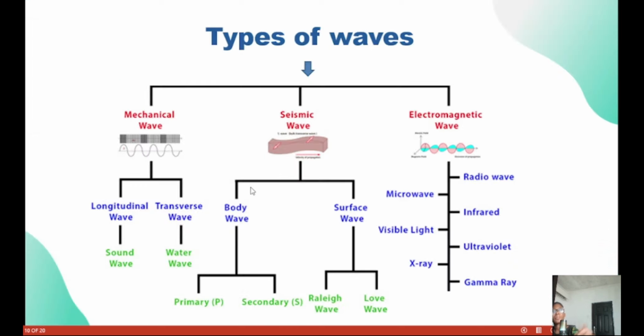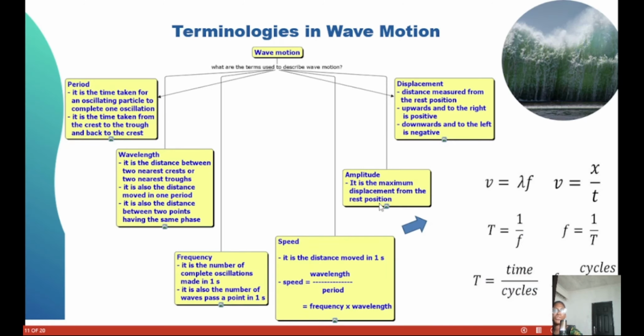So we have already talked about the different types of waves. We have the mechanical wave. The mechanical waves, which are waves that need a material medium for their propagation, can be divided into longitudinal wave and transverse wave. While the electromagnetic waves, these are examples of electromagnetic waves. All these waves here do not require a material medium for their propagation. The radio wave, the infrared, the ultraviolet, the gamma ray, X-ray, visible light, and microwave, they do not require a material medium. But we have the sound wave, the water wave, they all require a material medium for their propagation.